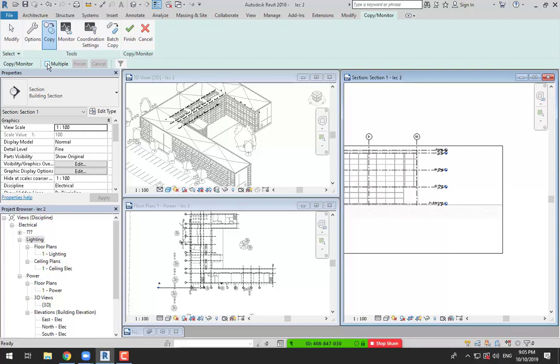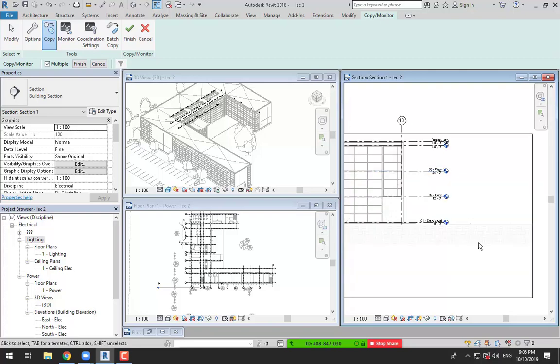Why multiple? Because we want to copy multiple levels. So we will select multiple because it's already more than one level. Okay. And I will make a selection with the mouse by clicking the left button and make a selection with this rectangle or box. Now I selected